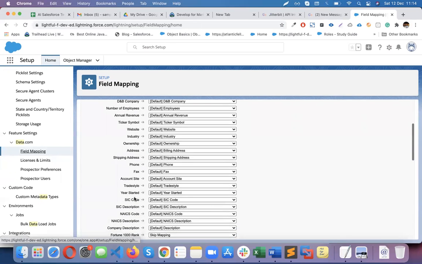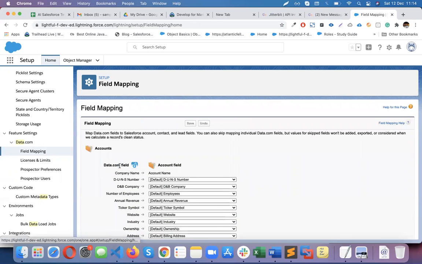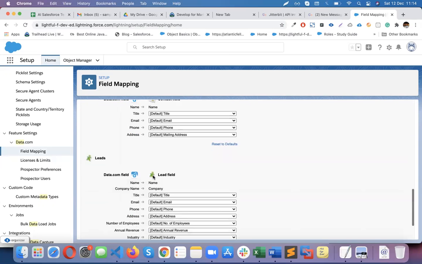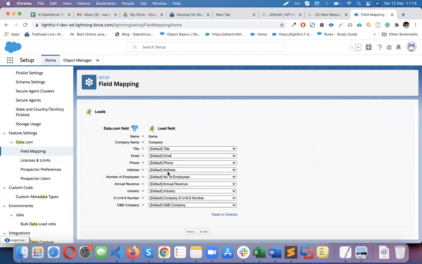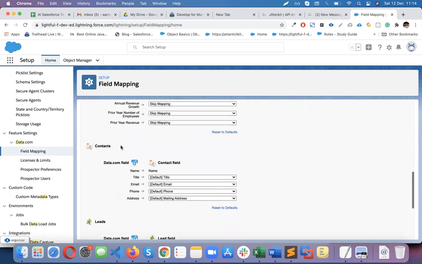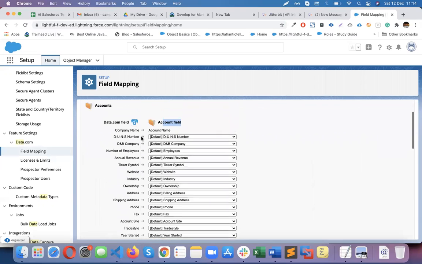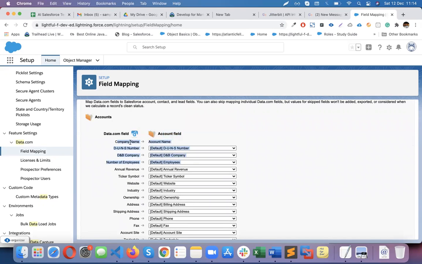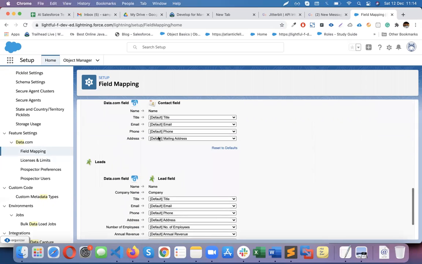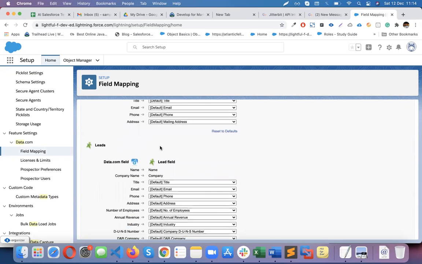So here you can map the fields. This is the data.com field, and the data.com field will be mapped into account, contacts, and leads. These are all the database fields, and they will be mapped into Salesforce objects: the account object, contact object, and lead object. We cannot map into custom objects. It's mapped by default only on standard objects. Now,